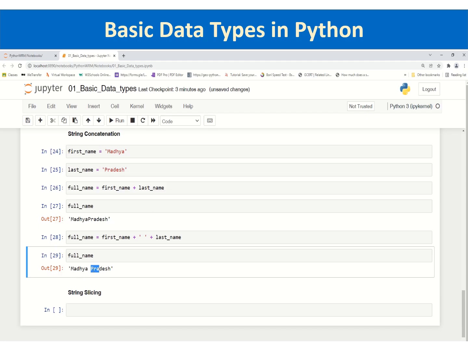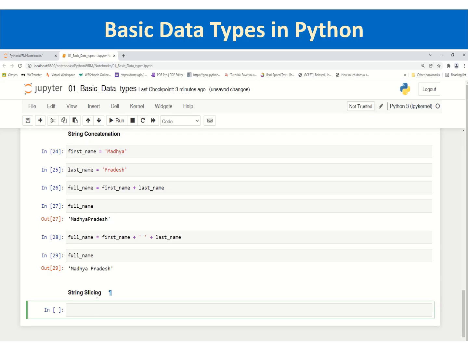Now if you see the index of P, it starts from 0, 1, 2, 3, 4, 5, 6, 7. The index of P is 7, the index of R is 8, and the index of A is 9. So you can concatenate, you can say full name 7 plus